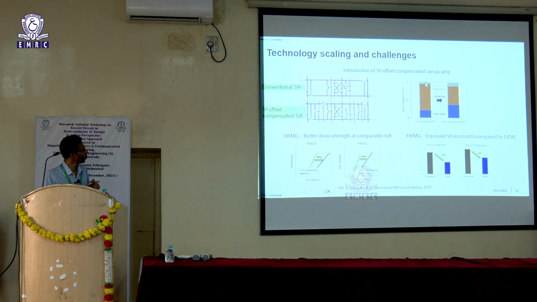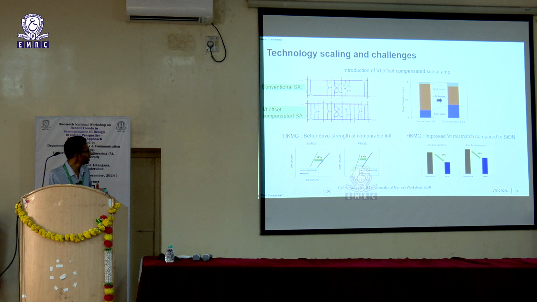So it need not store 1, it can store say 0.95 volt as well, and you will still be able to read a 1. And similarly, you need not store a perfect 0, you can store 0.1 and still be reading out a 0. But that will start getting shrunk once you are progressing from one technology node to other technology node, because you have higher and higher variations that come into picture.